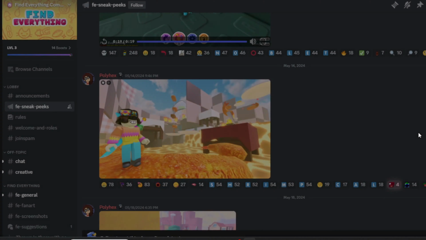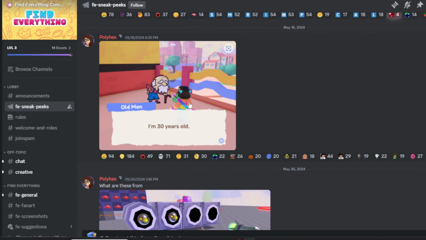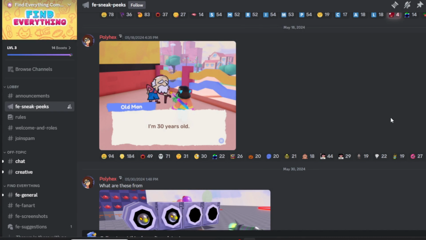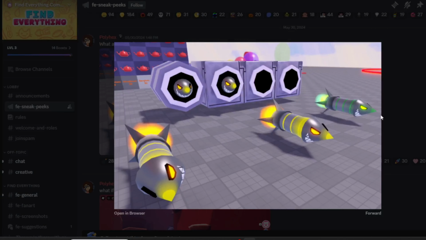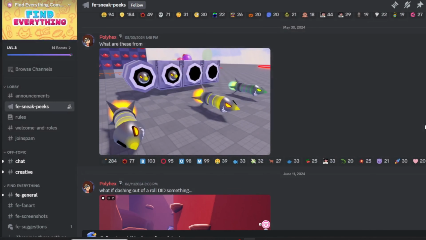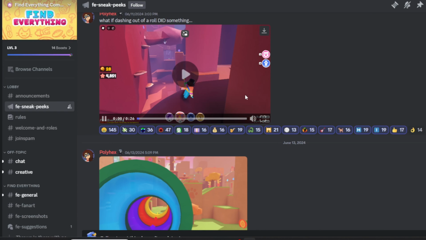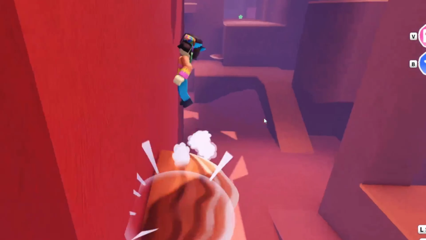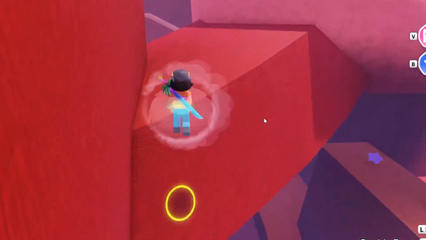We've been in this before, but again, I just want to show you. We're back out to Spawn Hill and into Thingsburg. Again, we're now over at the Toolbox, and this is where the rockets are. And then there was something new that Polyhex was sharing, and that was how to do a certain move. And this was going through